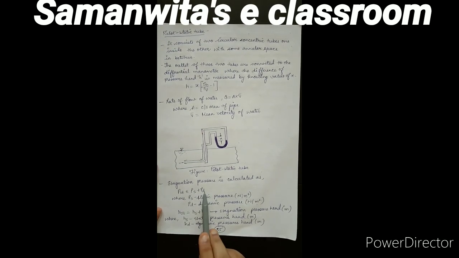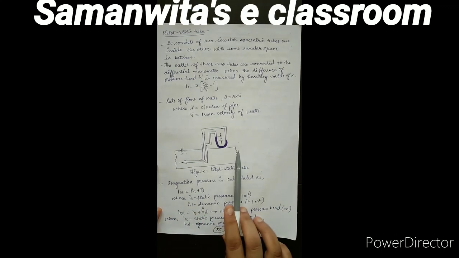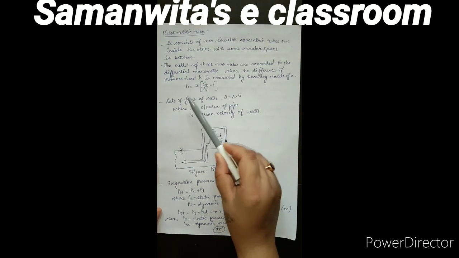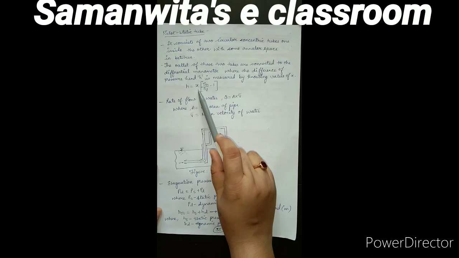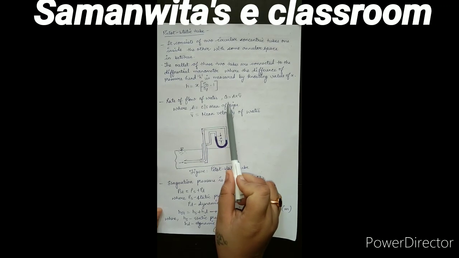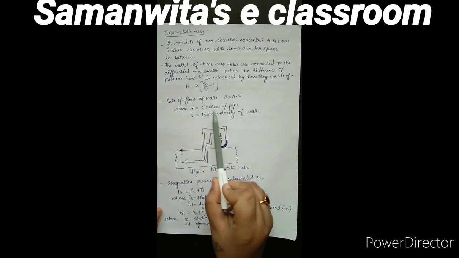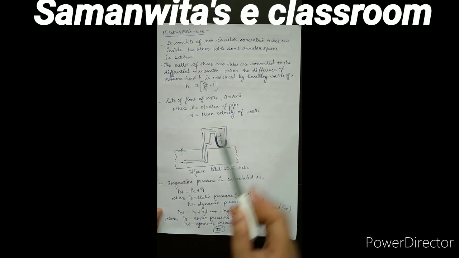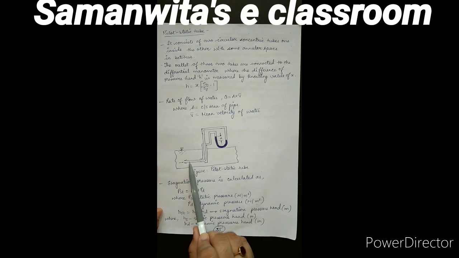Since this is in terms of pressure, I can write it also in terms of pressure head by dividing with rho g throughout. Since the fluid flowing through the pipe is water, the value of rho will remain constant. So I can write this equation as H stagnation is equal to H static plus H dynamic. Now there is one more formula which you can use, that is H is equal to X into SH upon SF minus 1, which we have already seen. Rate of flow of water Q is given as A into V bar. A is the cross section area of the pipe and V bar is called as a mean velocity of water. This is very important here. V bar is called as mean velocity, which means we calculate the average velocity of the particles.